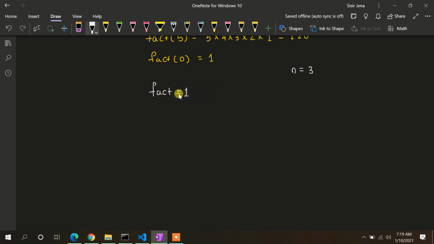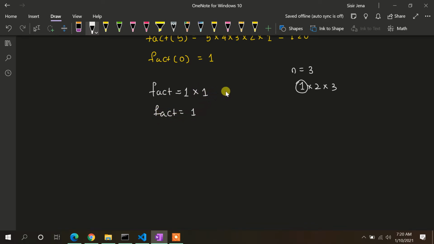Because we know that n factorial is n of n, if n is 3, the factorial is 1 into 2 into 3. So what I'm going to do is I will first multiply this 1 with fact. So we will get 1 into 1 as 1, isn't it?